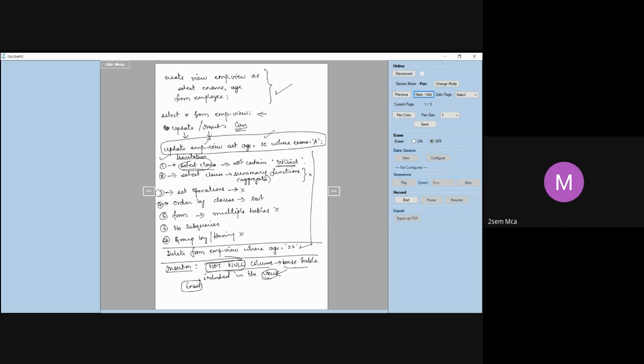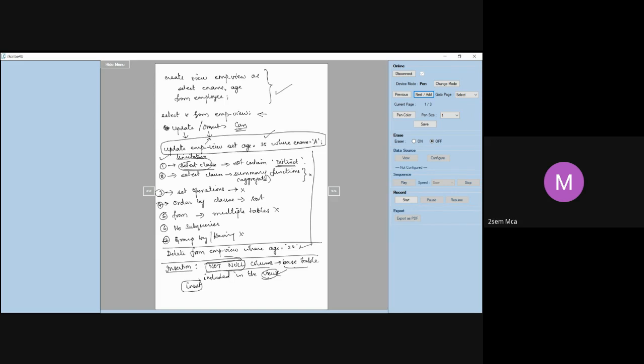Yes, it is possible to do insertion, updation, and deletion on a view. That is why I said there are two types of views. One is the read-only view, the other one is an updatable view. Read only, you can only read, you cannot do any kind of modification. Updatable view means you can do some updations, some manipulations, but certain limitations are there.